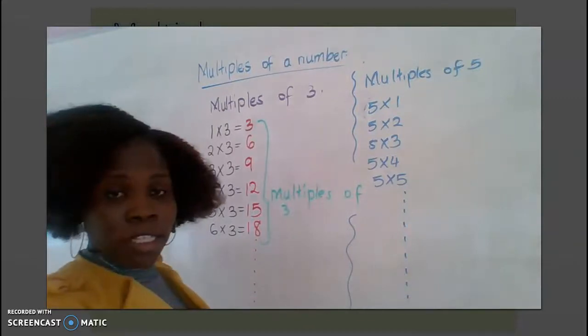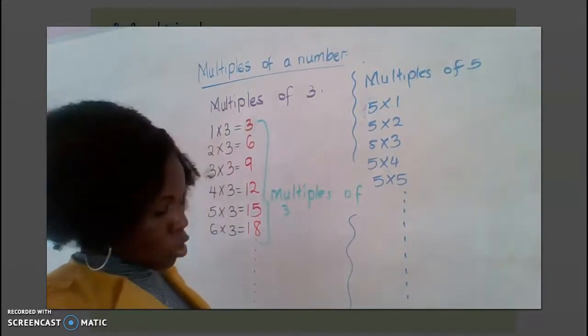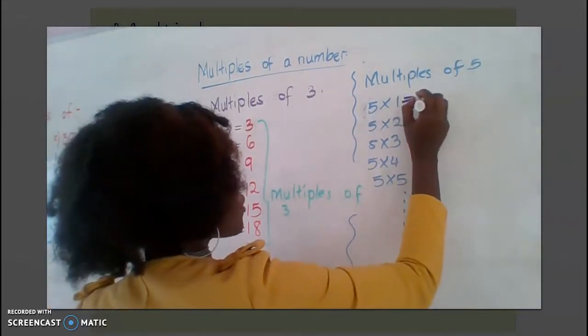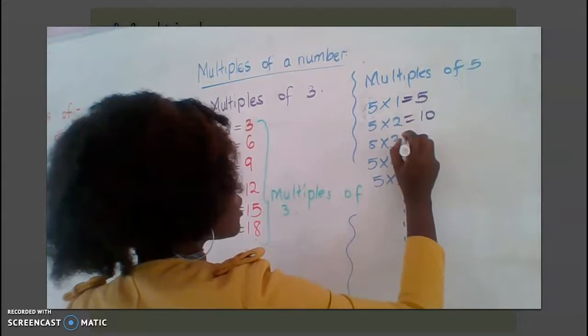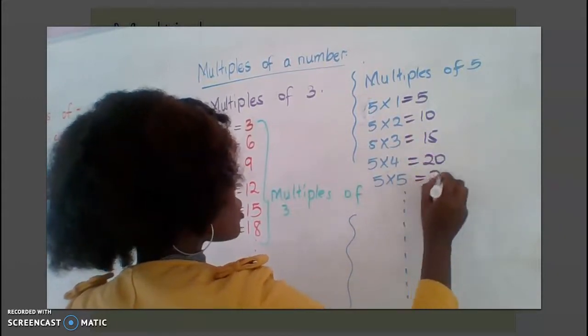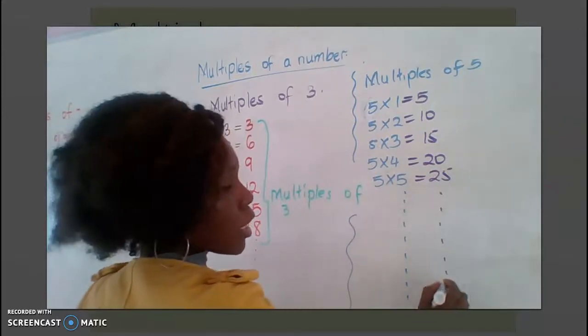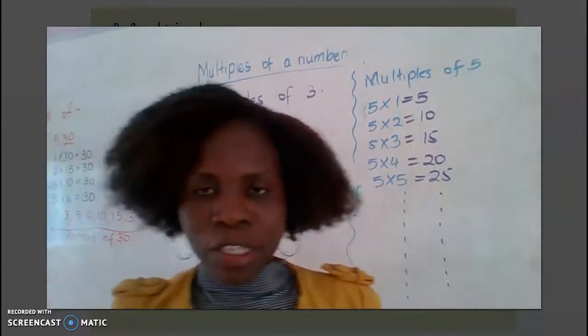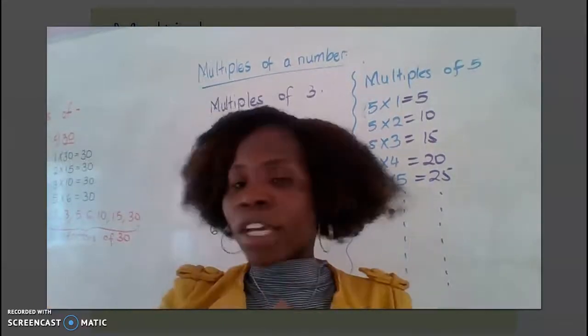So 5 times 1 is 5, 10, 15, 20, 25, and the list is endless. So when you count in 5s, and I say